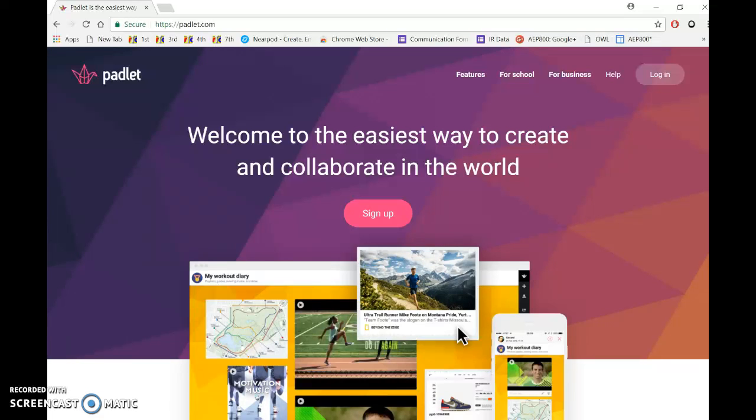What I'm going to talk about right now is a website called Padlet. And Padlet is a cool tool that is sort of a digital corkboard, if you will, but it allows us to do more than just take pictures and words. We can add audio, we can add video, and for me, that's a really great thing because there's an activity